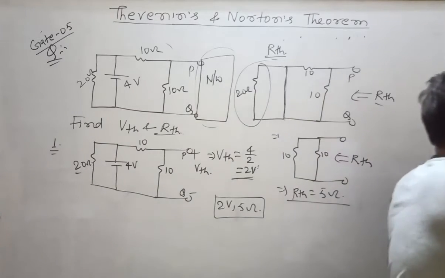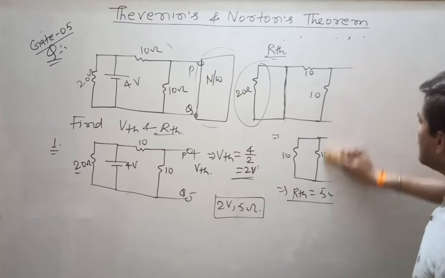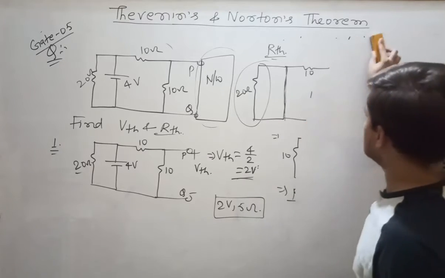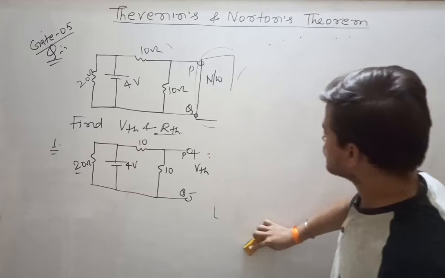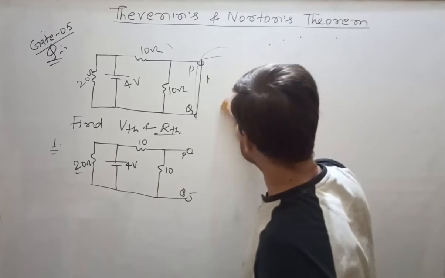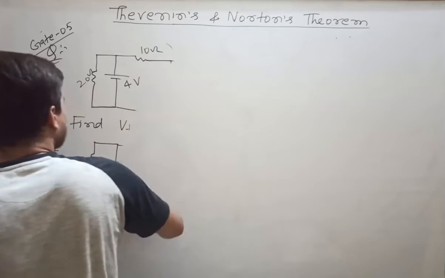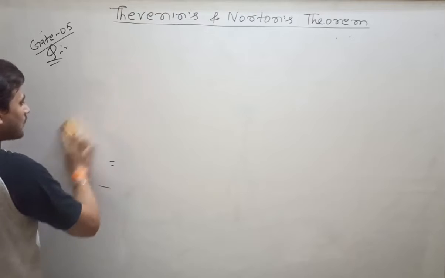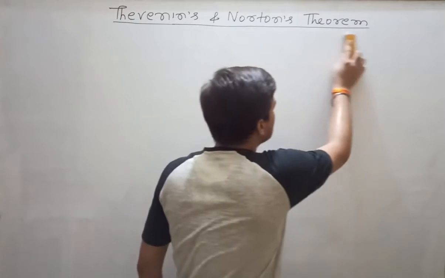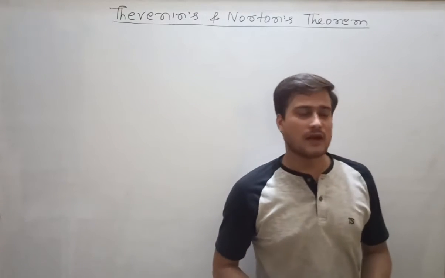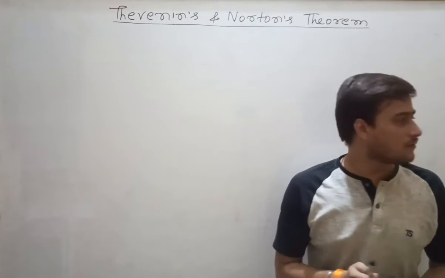Next, remember one more thing. Somebody can ask you that you are defining the linear network should be linear, active and bilateral. Now somebody is asking you that the load is given to you. So is it necessary that the load should also be linear, active and bilateral? No. The linear, active and bilateral condition is applicable to the network, the primary network where you are applying Thevenin's theorem. You are not concerned with the load. The load can be a unilateral element, the load can be a passive element. So there is no condition with the load.